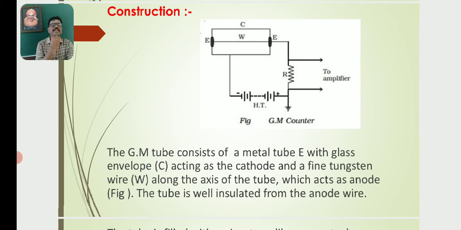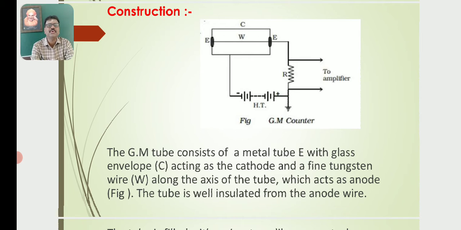Now the construction of the GM counter. The GM tube consists of a metal tube E, say E is the metal tube with glass envelope C acting as the cathode. In the diagram, E indicates the metal tube with a glass envelope. That means the metal tube is covered with a glass envelope,